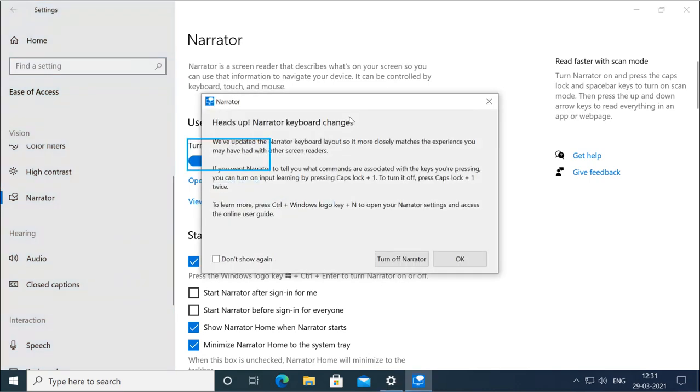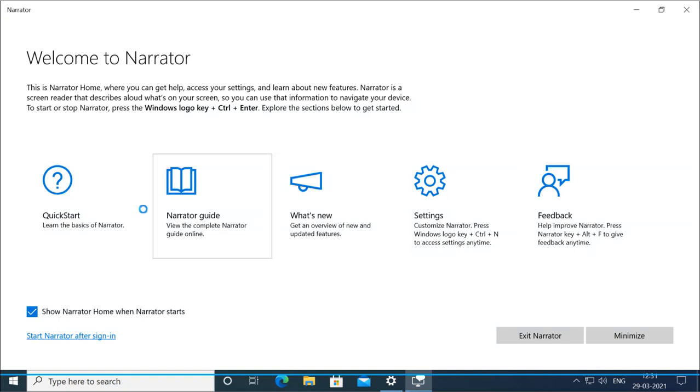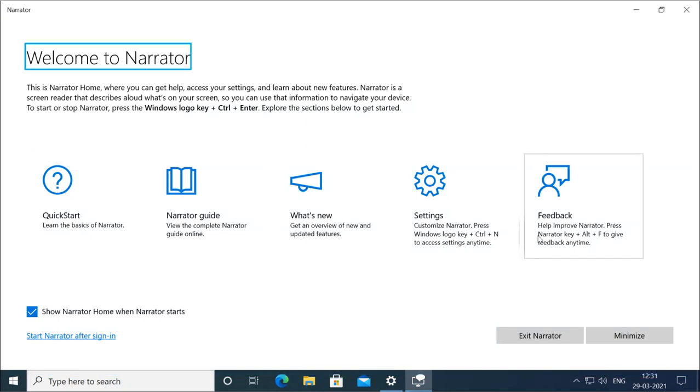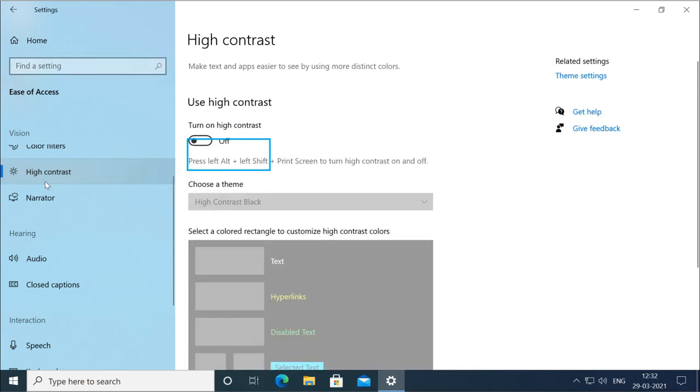And starting narrator dialog. OK. Button. And these are Alt narrator plus O. settings. Heads up. Narrator heading level 1. Welcome to narrator. This is narrator home, where you can get help. Access your You can settings window, minimize it, use and narrator, then what? turn on narrator, toggle You switch, can go on. on to Vision, high contrast, 6 of 7 level 2, selected, high contrast.